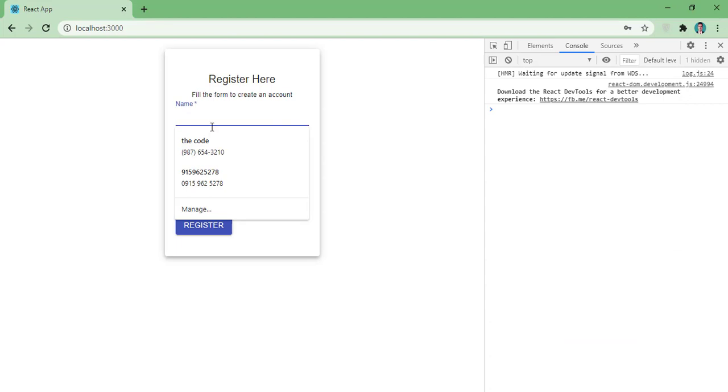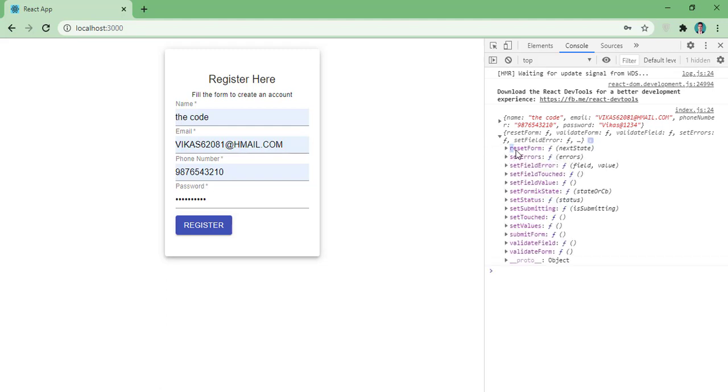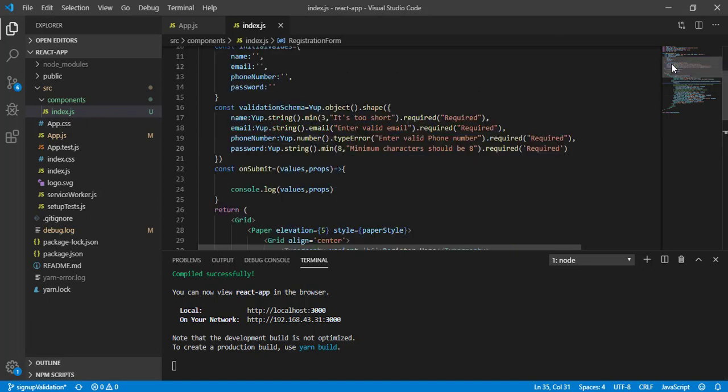Now let me enter a value and register. You can see here I have this function resetForm.